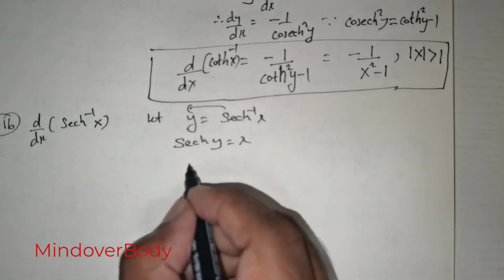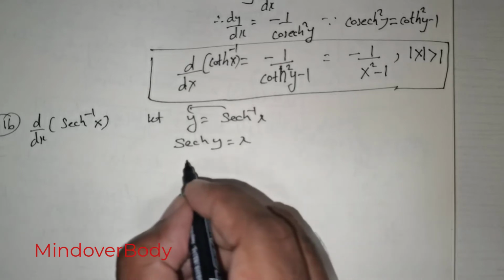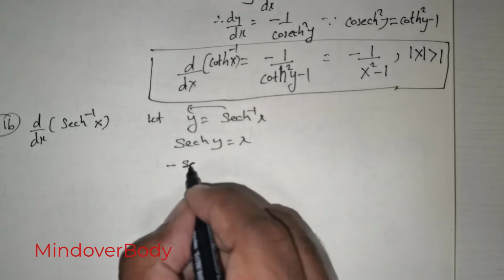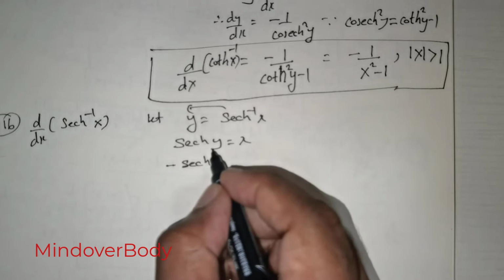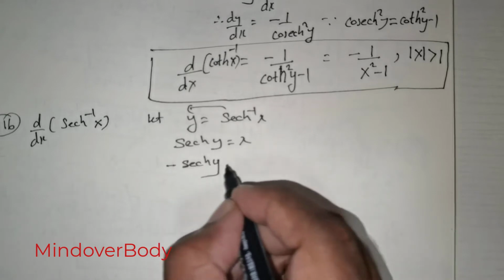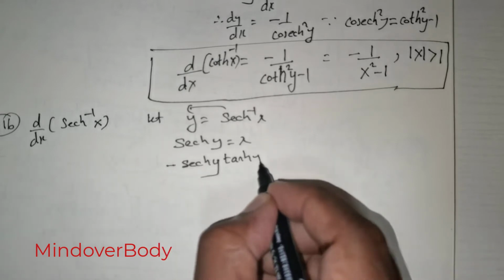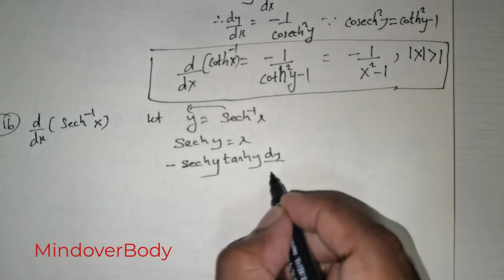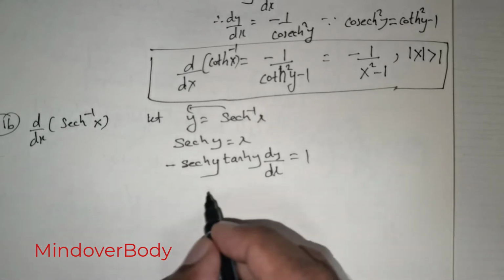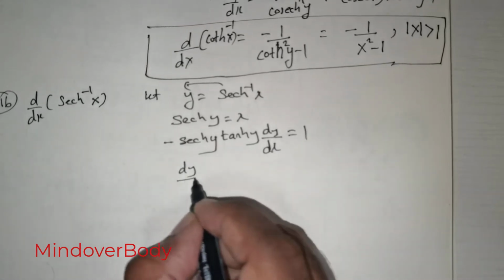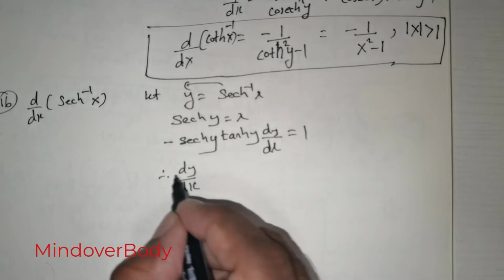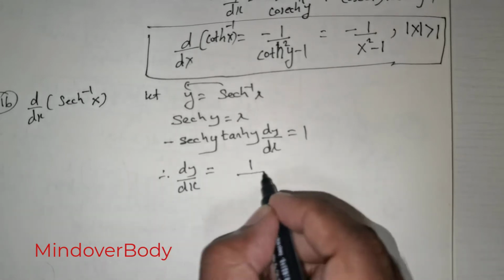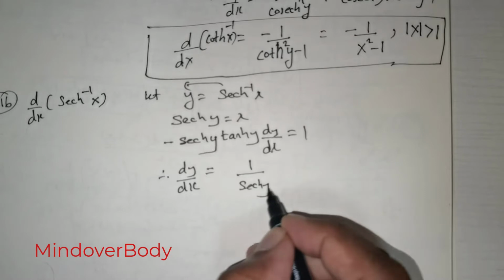I differentiate with reference to x. I get secant y times tan y times dy over dx is equal to 1. I can now rewrite dy over dx to be equal to 1 over secant y